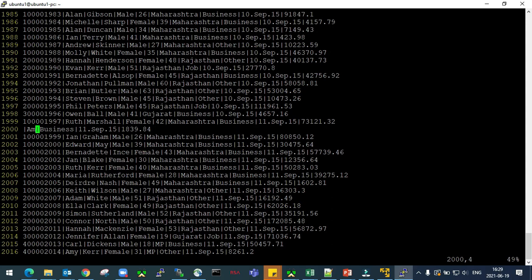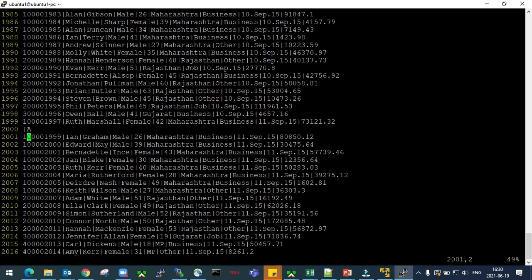Alright, now I'll give you one more trick. If you do not want to remember this capital X or small x, and you directly want to just use the backspace key to remove this particular string, what you can do is press I, come into the insert mode and just use the backspace key from your keyboard. So that will be even easier for you to work, because it is the backspace key that we use in our Windows to remove a particular line, right?